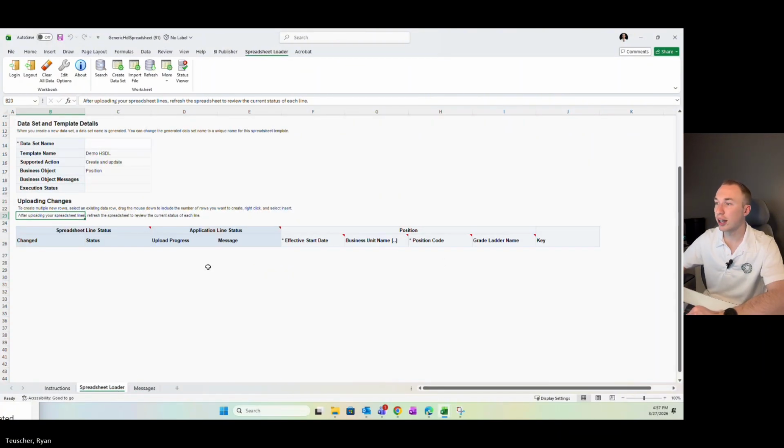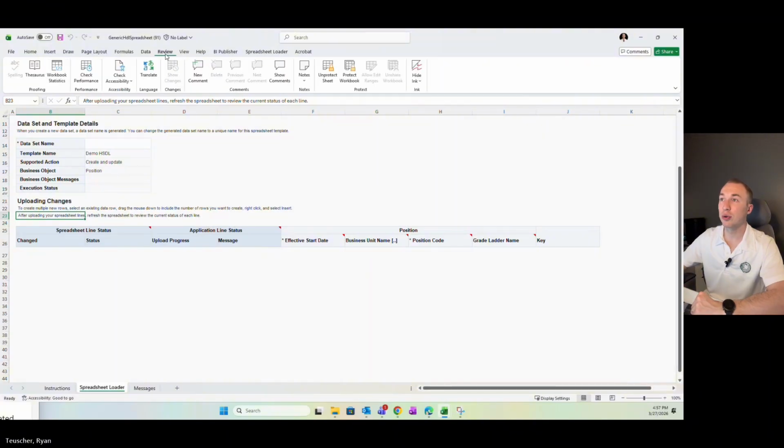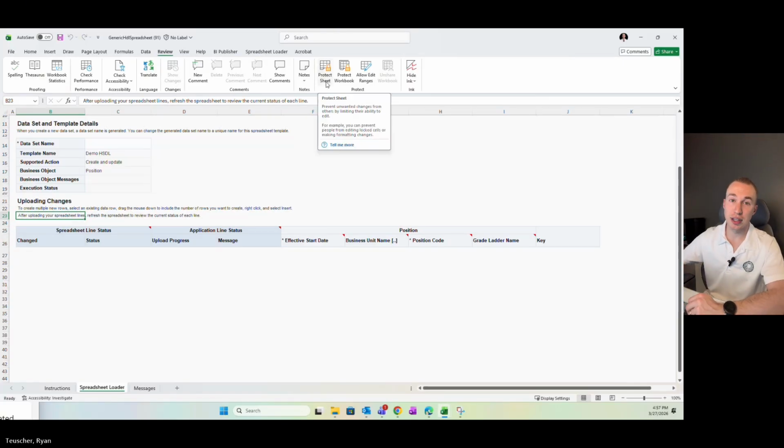And then we have where we're actually doing the dirty work, right? Where we're doing all of our data loads in. So the first thing we'll want to do is go to review, and we'll want to unprotect the sheet. It lives in a protected mode. When you open it up, you'll need to unprotect it before you're able to make any